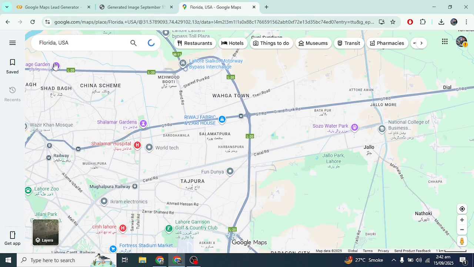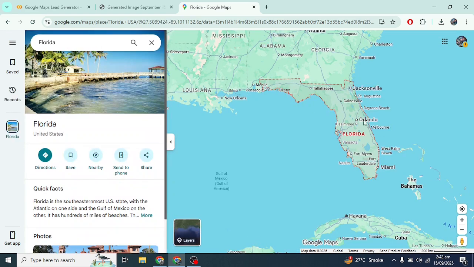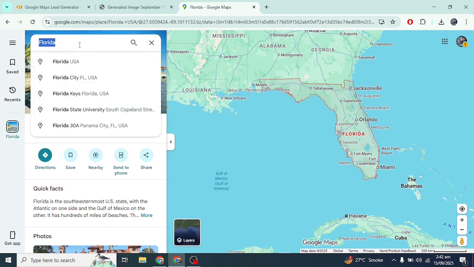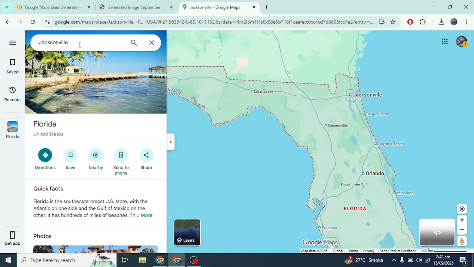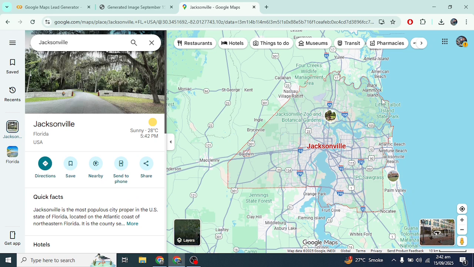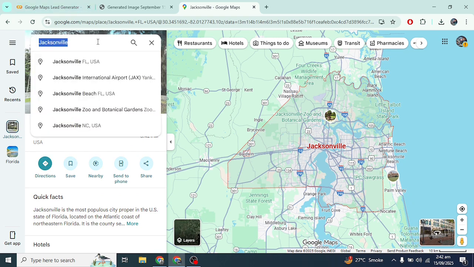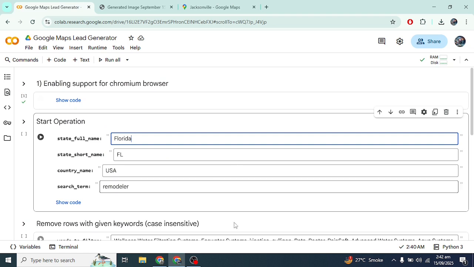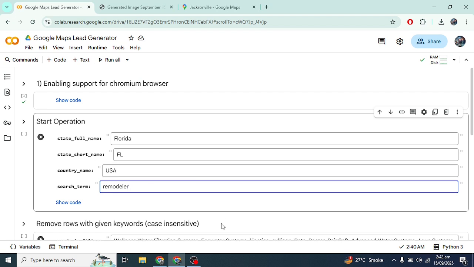we have to go to Florida, USA, and then we have to go to a particular city, for example, Jacksonville. Once we have entered all of these keywords, starting from Florida, USA, and then Jacksonville, then we will type our keyword, which is remodeler. If we are targeting remodeling companies, we can either type remodeling or remodeler. You can type whatever you want in the search term field. Okay. And now when it comes to specifying